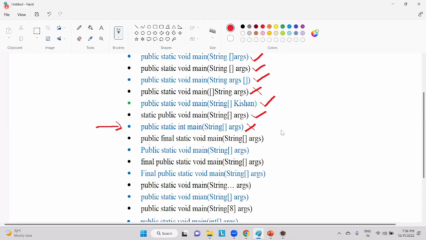Am I clear with this? Please respond now. Final. Static is a keyword. Final is also a keyword. Guys, please tell me in how many ways we can use the static. A variable can be declared as static. Method can be declared static and a block can be declared as static. Final also we can use in three ways. A variable can be declared as final variables. A method can be declared as final method. And a